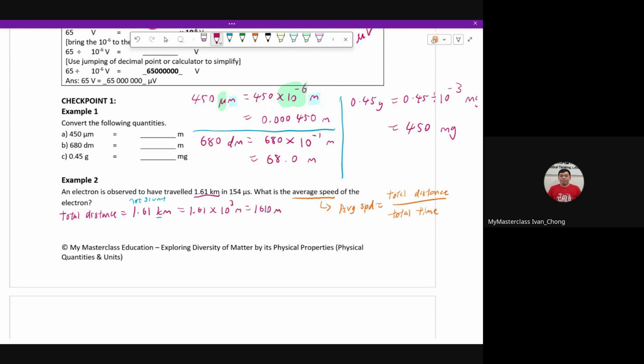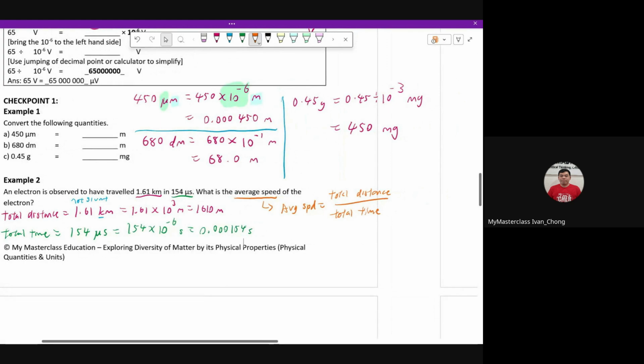Okay, so you do the same for your total time. The total time itself is 154 microseconds. I have the prefix, same thing, micro is a small m, times 10 to the power of minus 6 seconds. So you actually end up with 0.000154 seconds. Okay, so after we solve this, then we go back to the formula and put in the values that we just found. 1610 over 0.000154. So if you press this into your calculator,